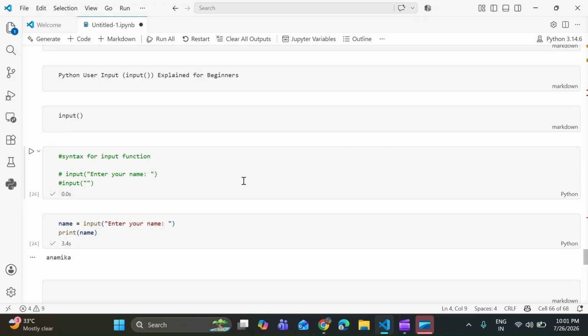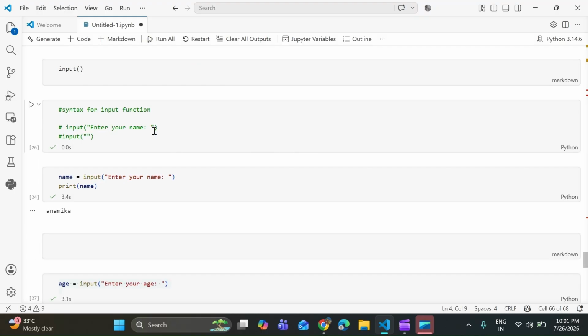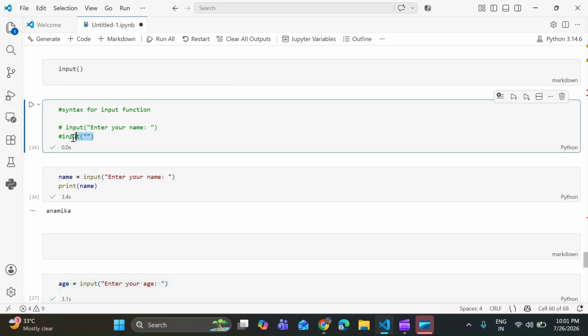First, we will understand the syntax of the input function. This is the only syntax we need to remember in future. You can give any message, you just pass a message describing the details you require from the user. As I already showed you, I want details like this: Enter your name.